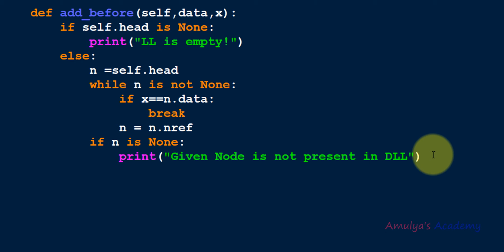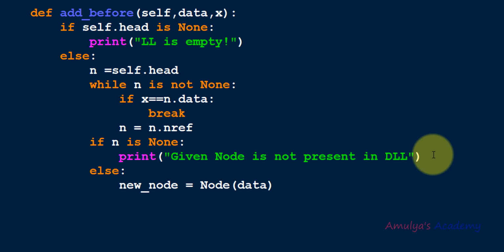Okay. Next here, if n is not none, that means we reached the x. Now we need to insert the new node before x, not after x, before x. So if you are inserting the new node before x, then you need to be careful about whether you are inserting the new node before the first node. You need to be careful about only one thing, that is you need to check whether you are inserting the new node before the first node. In the add after, you need to check whether you are inserting the new node after the last node. Here in the add before method, you need to be careful about whether you are inserting the new node before the given node. In the else part, first we need to create the new node using node